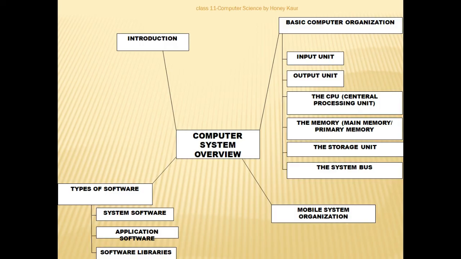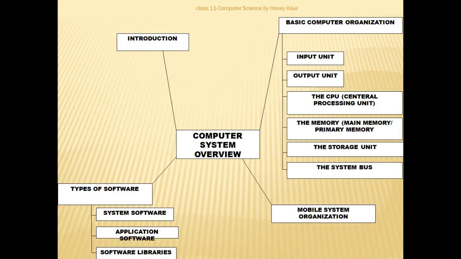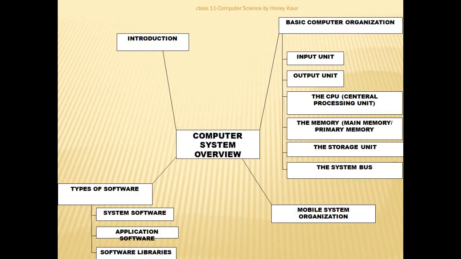And in the last, let's have a summary of this chapter. We have done the summary in the form of computer system overview. That is, we have done introduction, then the basic computer organization parts, the functional components, the working of computer, in which we had input unit, input devices, keyboard, mouse, output unit, that has monitor, printer, and then the central processing unit, which has arithmetic unit and control unit. Apart from that, it has memory, the primary memory and the secondary memory. So this is the whole system overview part, the summary of the chapter.